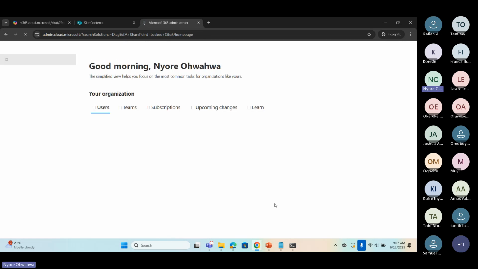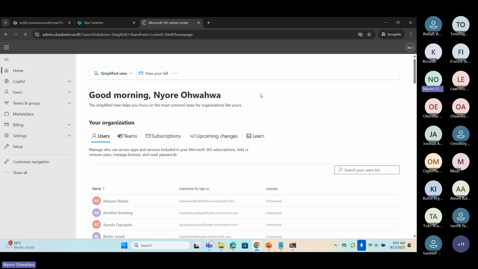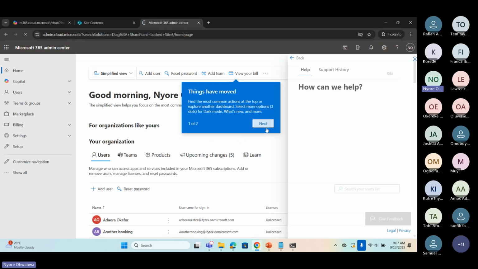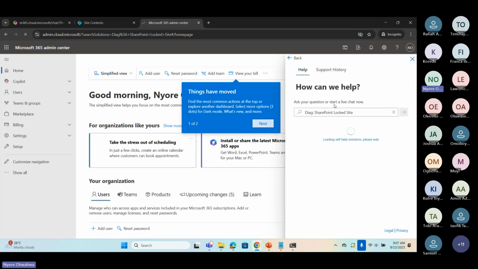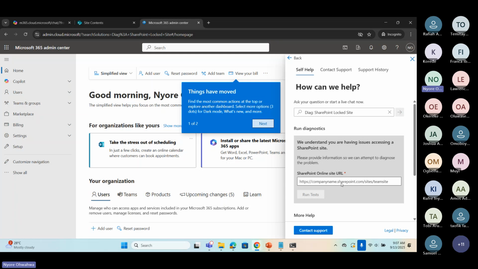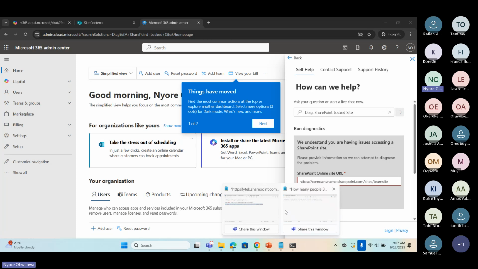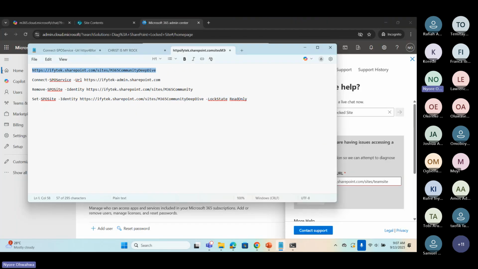So I do that and it should give me a prompt, and then I add the URL of the site and see what happens. It's a diagnostic tool that I have clicked on, and it's asking me to put in the site URL for the site that I'm saying is locked.